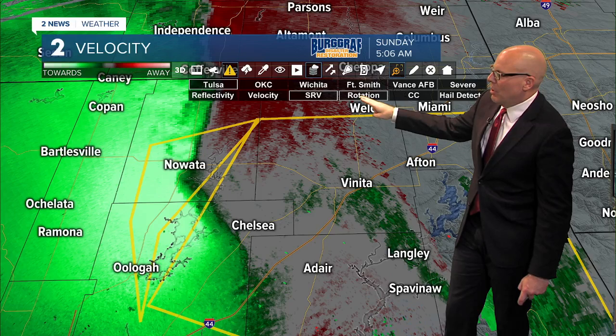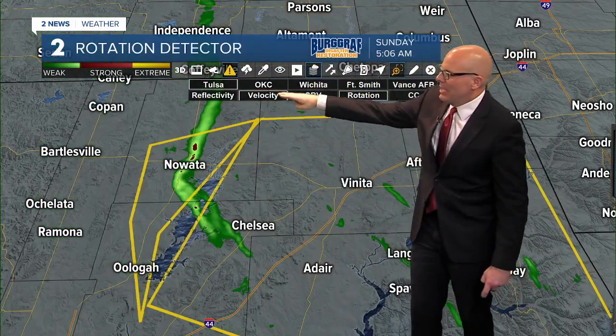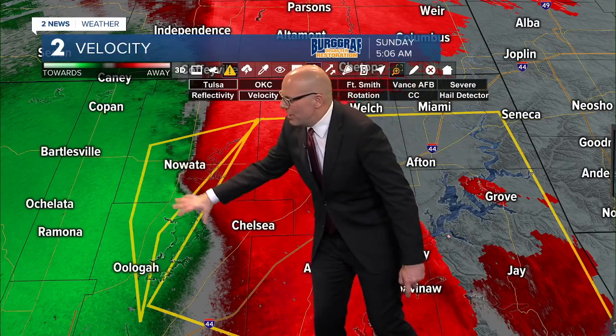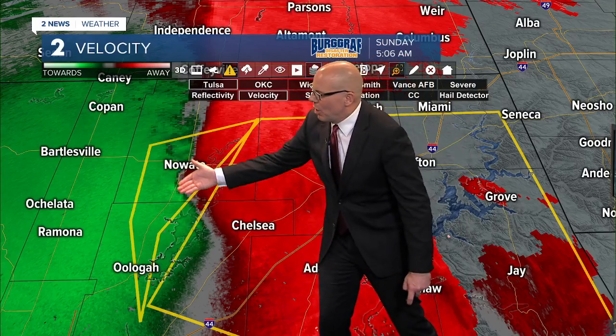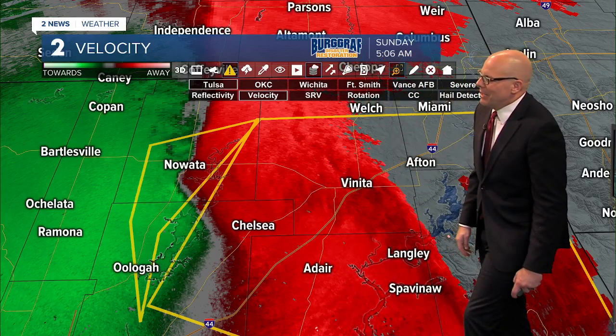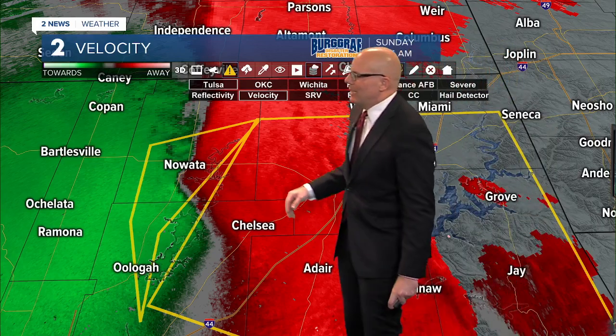And let's take a look at what we've got here with our rotation kind of in the same area. Again, look at some of the velocity data here, seeing some of those greens and those reds pretty close here. So again, potentially for some strong winds right in here around areas around Nowata and southward. And this is kind of similar to what was happening over Tulsa, where we had, again, some strong winds kind